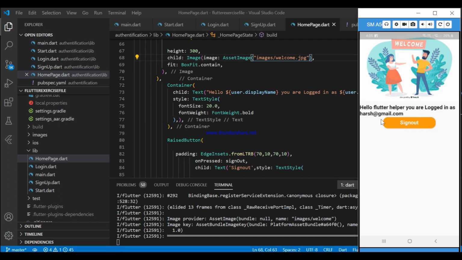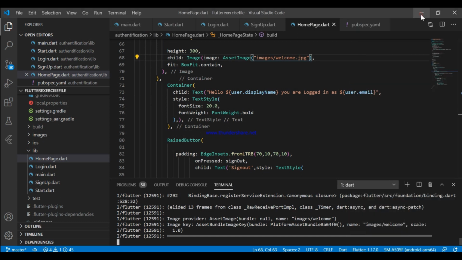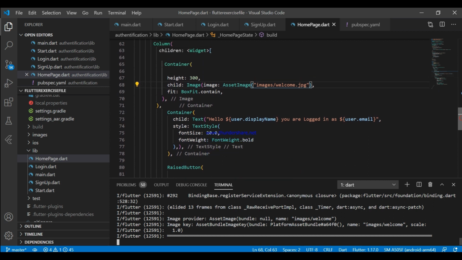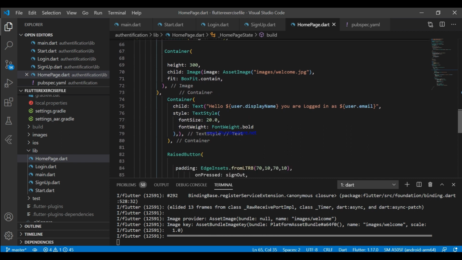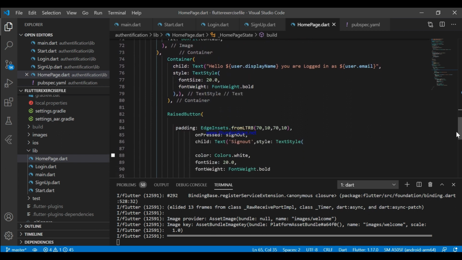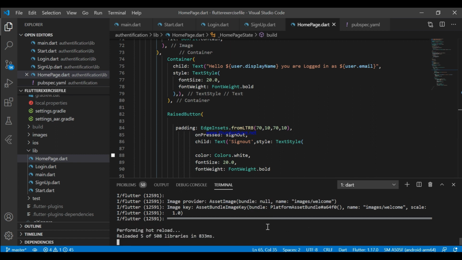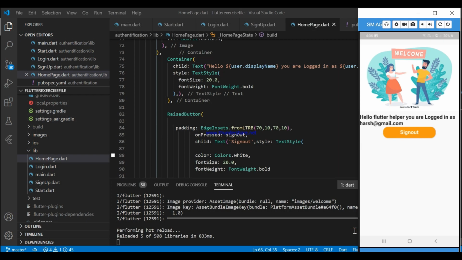Now it's all good. We need to just provide a little bit of space. Let's give a sized box height equal to 40, which will be sufficient. Now it's all good.